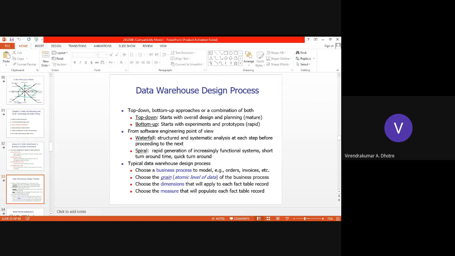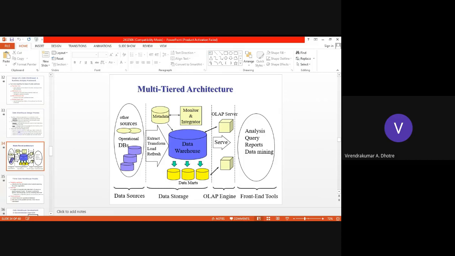When we do have this kind of approach, then we are going to come up with this. So this can be a multi-tiered architecture. We are thinking about the sources, the data sources, the business processes, the contents of the data warehouse, and the top-down and bottom-up approaches, right?